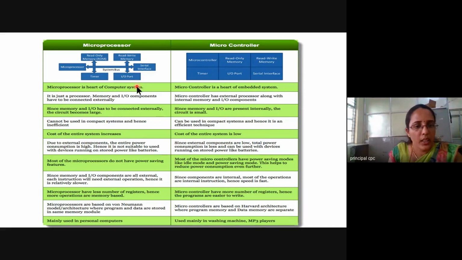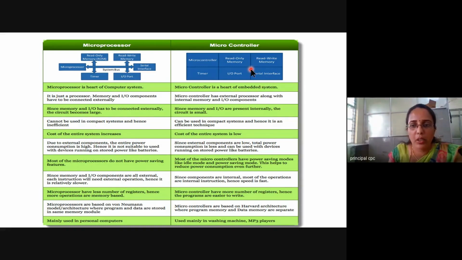The first thing, it is the heart of a computer system. It is of general purpose usage, and the microcontroller is application specific. It is the heart of embedded systems. Embedded systems, you know, are application specific. For example, washing machine, music player, TV and all are considered embedded systems.